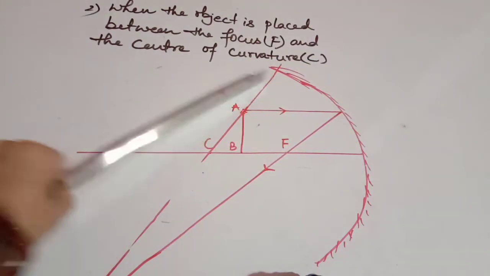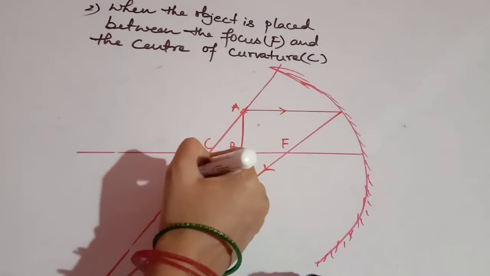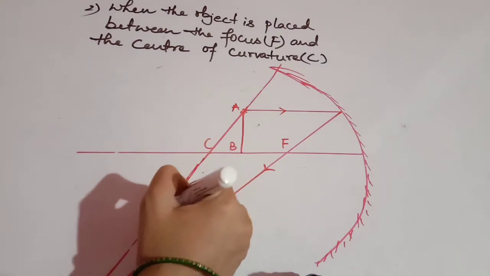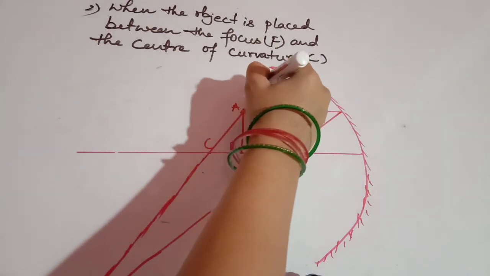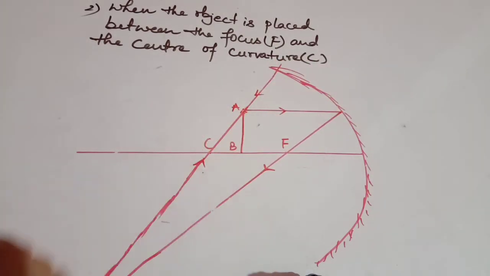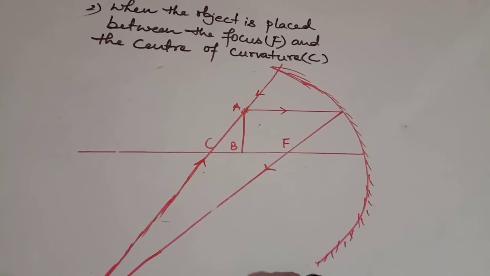In this rule, the reflected ray also goes back along the same path. The reflected ray also follows the same path. So this is the incident ray, and this one is the reflected ray also. So when both lines cut together at this point,